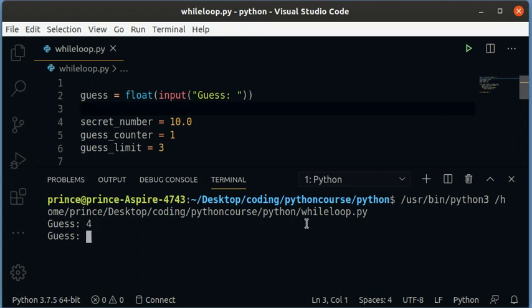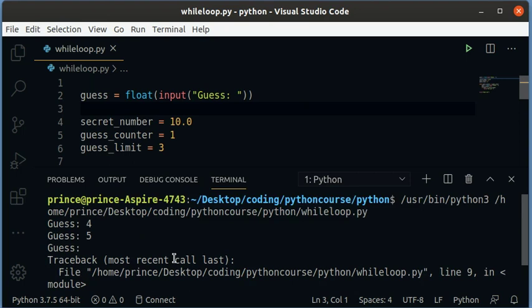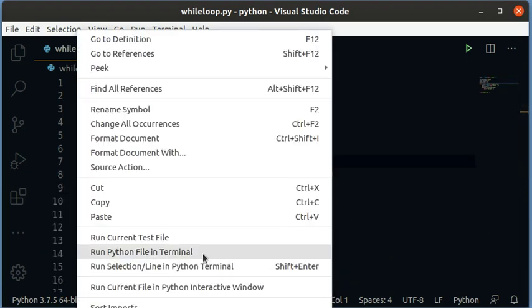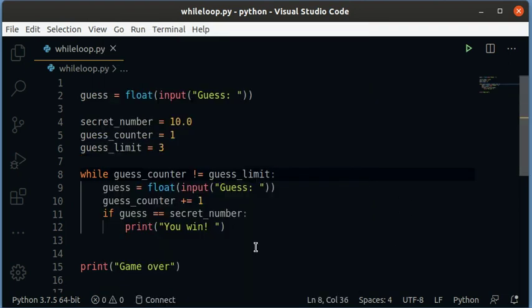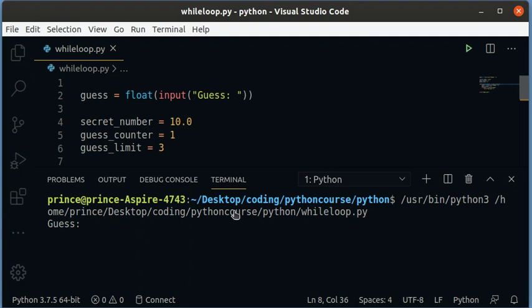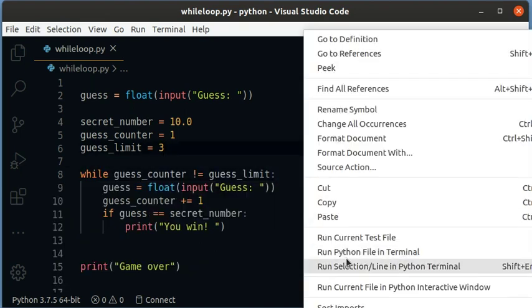So if I run 5 and then this and then 6, okay, I did type in the wrong thing. So let's run this again. I'll type in here 5, and then I'll type in 11, and I'll type in 8, and I'll type in 8. It's saying game over. See, that's how our program works. But if you type in the correct guess, we'll get